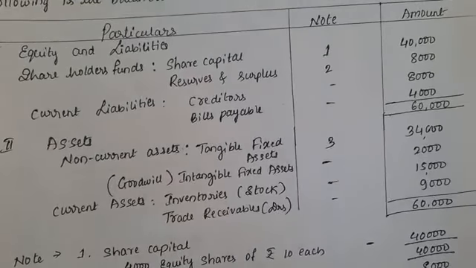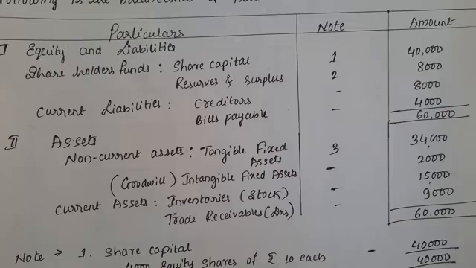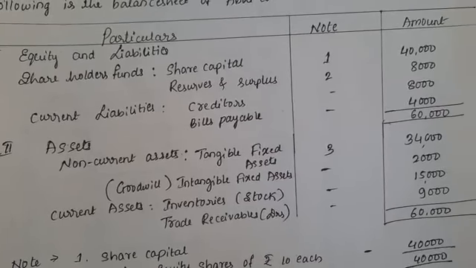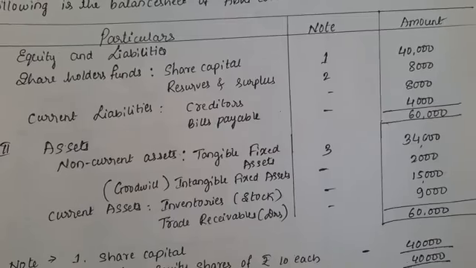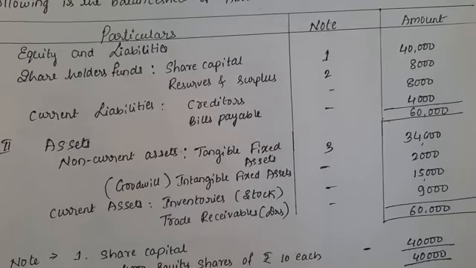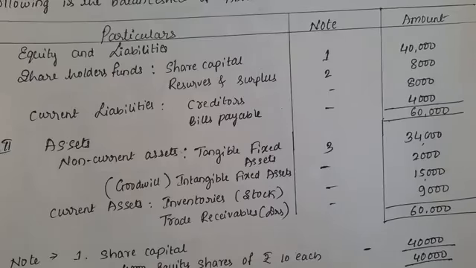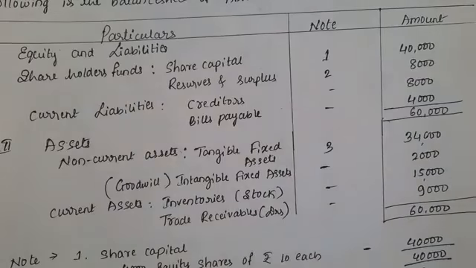The balance sheet of Abhi Limited is given. The share capital is 4,000 equity shares of rupees 10 each, amount 40,000. Reserve and surplus, the profit of rupees 8,000. Current liabilities: creditors 8,000, bills payable 4,000. Assets: tangible fixed assets, land and building 18,000, machinery 16,000. Goodwill, an intangible fixed asset, 2,000. Current assets: inventories, stock, 15,000, and debtors